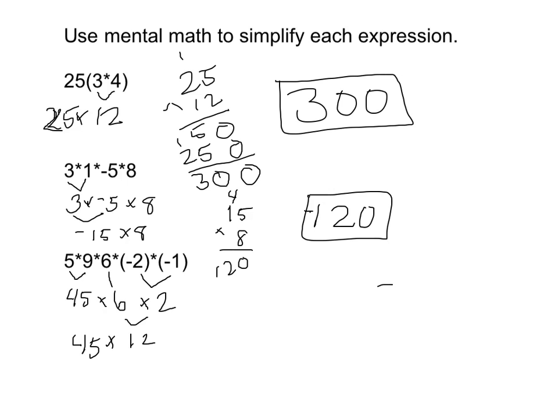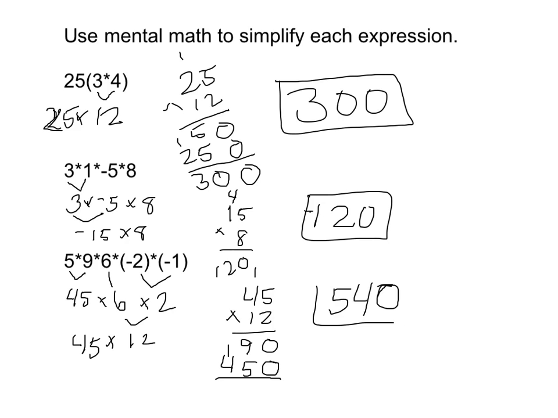Don't know how to do that in my head, so I'm going to do a little scratch work. 45 times 12, get a 10. 4 times 2 is 8, plus 1 more is 9, add a 0. 5 times 1 is 5, 4 times 1 is 4. When I add that all together, I get a 0. 9 plus 5 is 14. 1 plus 4 is 5. My answer is a positive